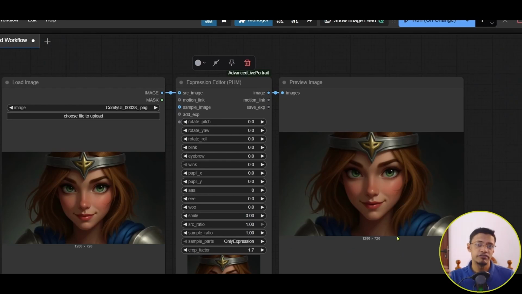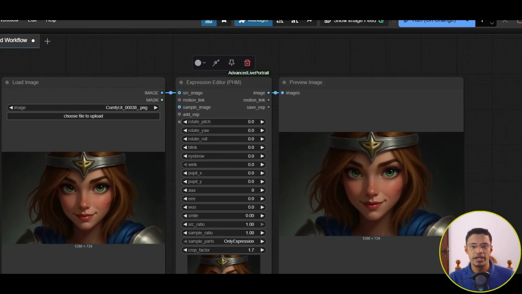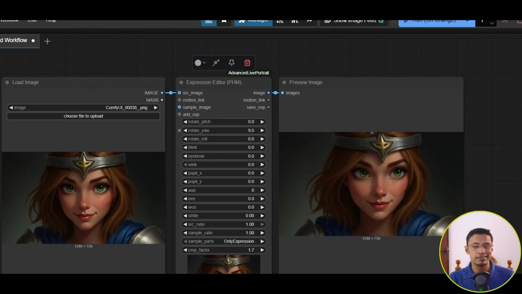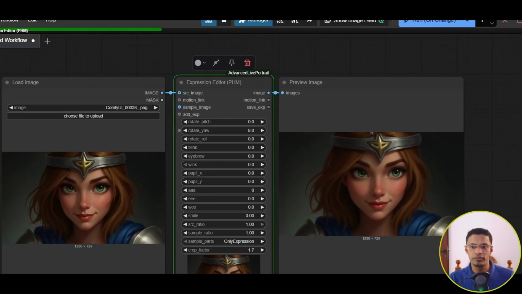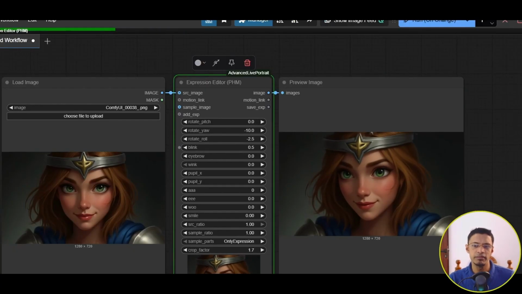Then we have the character facing forward. I'm going to change the rotate pitch, and you can see that the character is sort of nodding. Second option, rotate yaw, is going to move the character head left and right. So you can play around with this. And then the rotate roll will allow you to do these type of movement where you can make the character